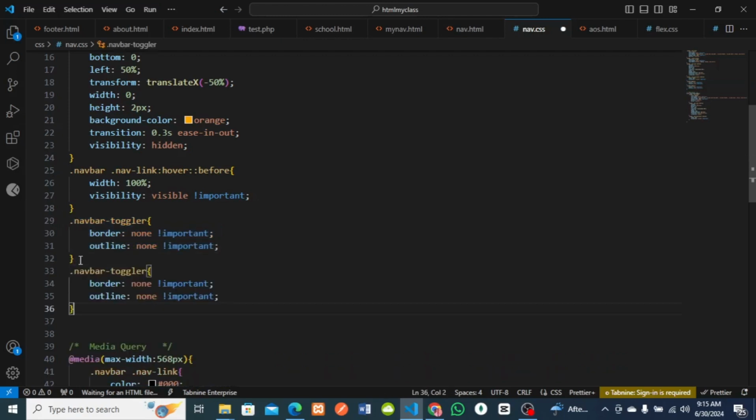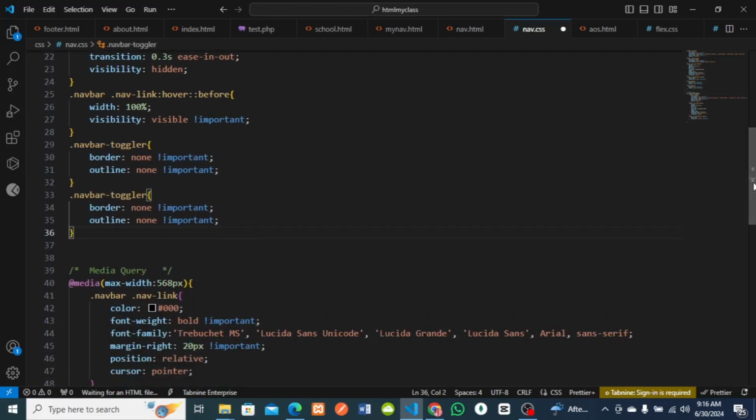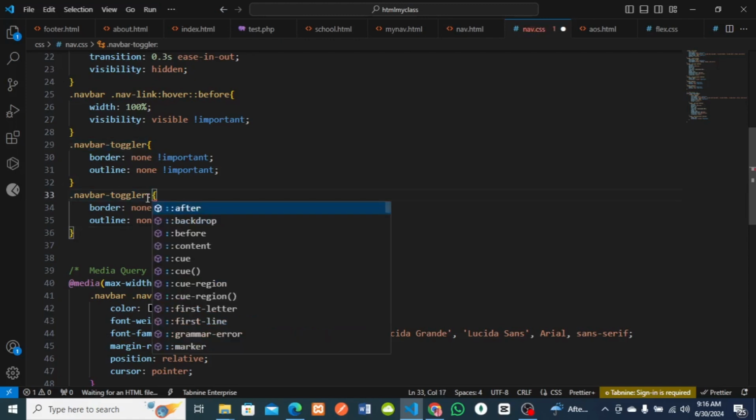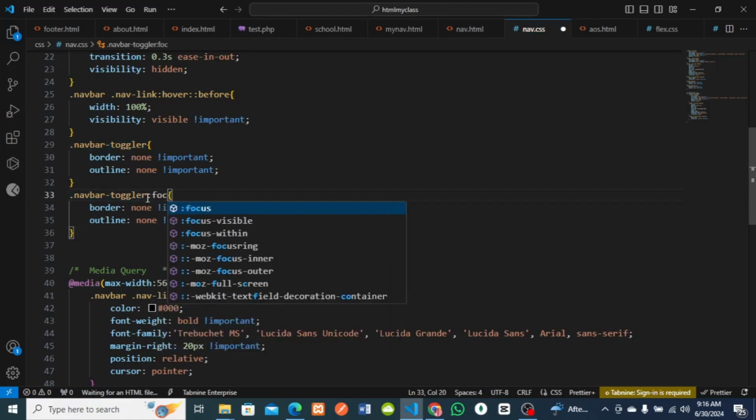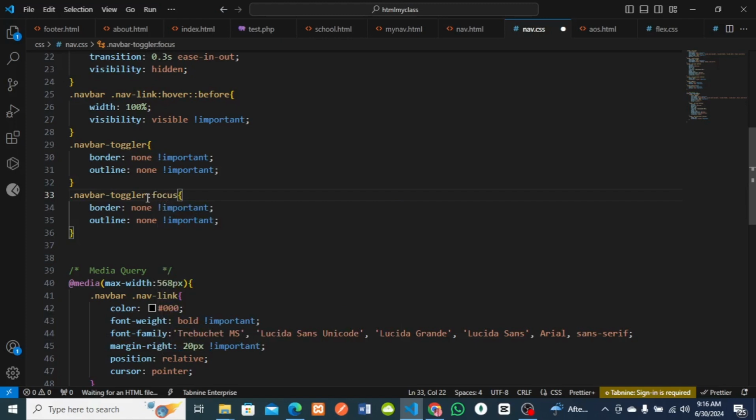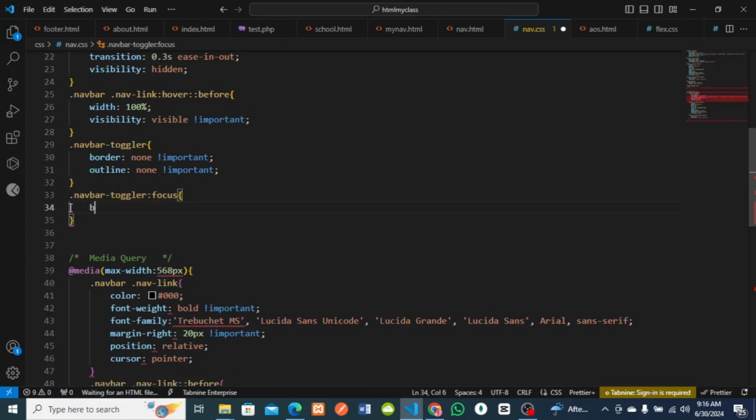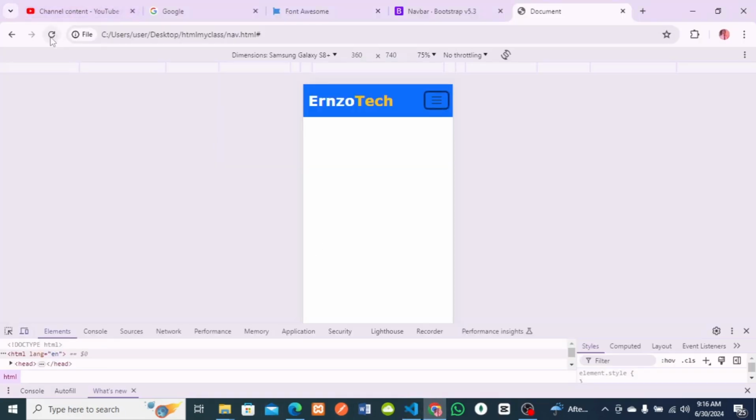I'll need to go to Font Awesome and get a hamburger icon also. So here I'll put a pseudo class called focus. Then I'll take away the box shadow, so box shadow none. Take the box shadow off to be none. So let me save this. Let's see if there's a difference. Okay,